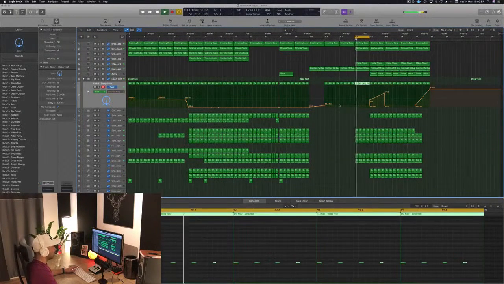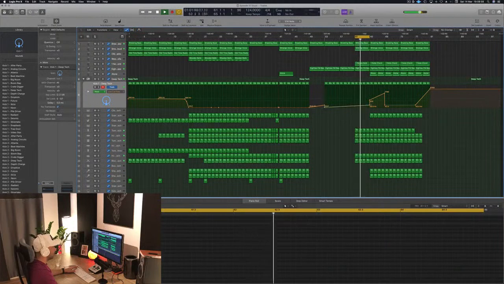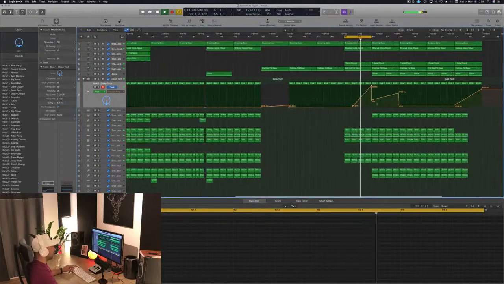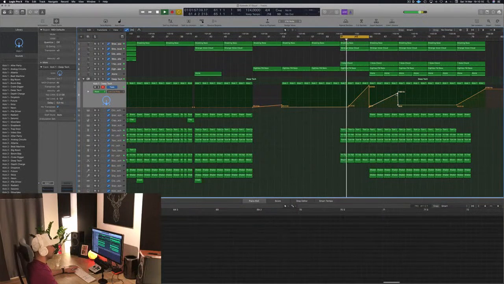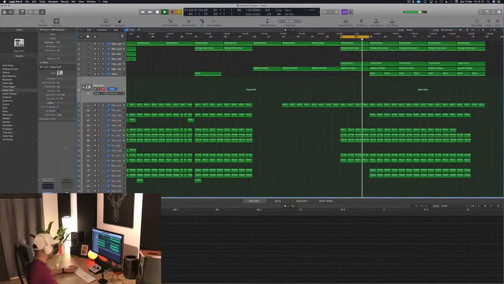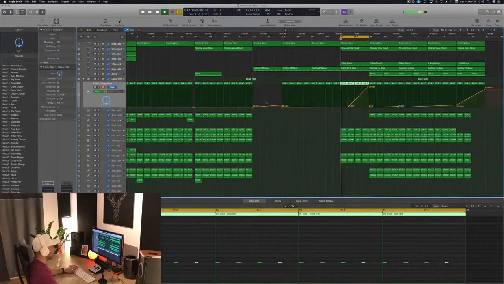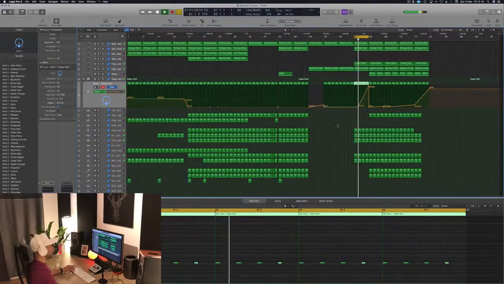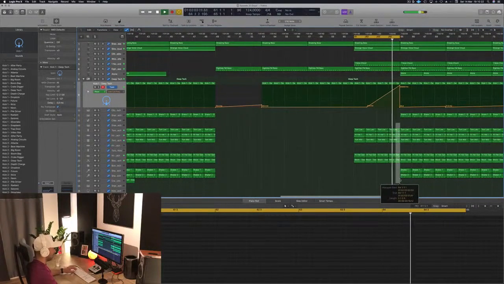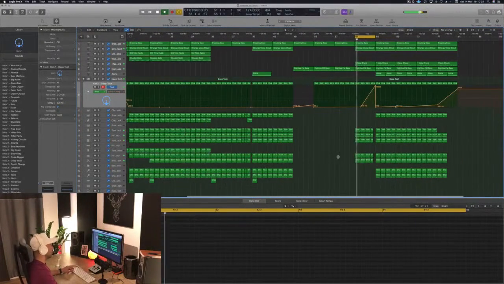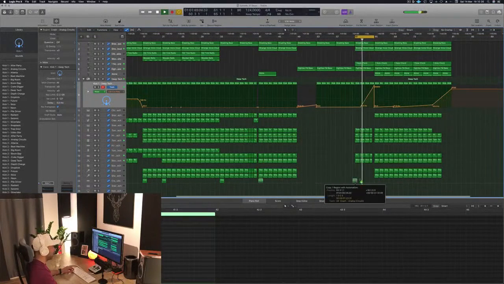The filter on the kick wasn't very well set here. I'm gonna do a filter on the kick. I think it's actually, oh no, it's only on the kick. And let's cut it, so we have maximum impact.